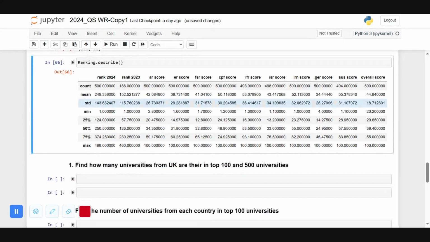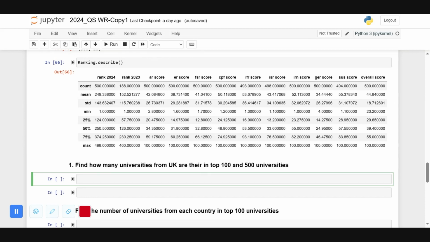Okay, so now we have everything ready. So let's just dive into our queries and do some analysis. For our first query, we have: find how many universities from UK are there in the top 100 or in the top 500 universities. So let's just do this. What we can do is we can just say ranking, and from the ranking, find,